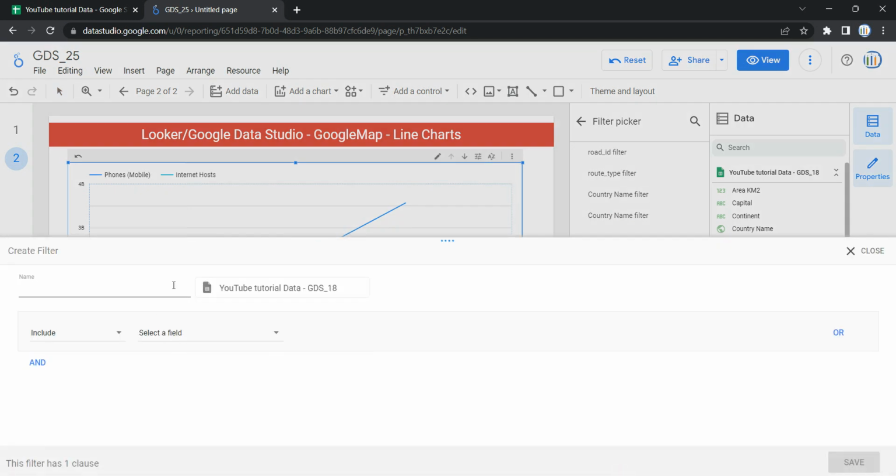Then you have to put a name saying which kind of filter or what filter you are applying, so that whenever you come back to this report and see this filter, you might remember, or you get an idea of what filter you had applied on this chart. So let's put filter